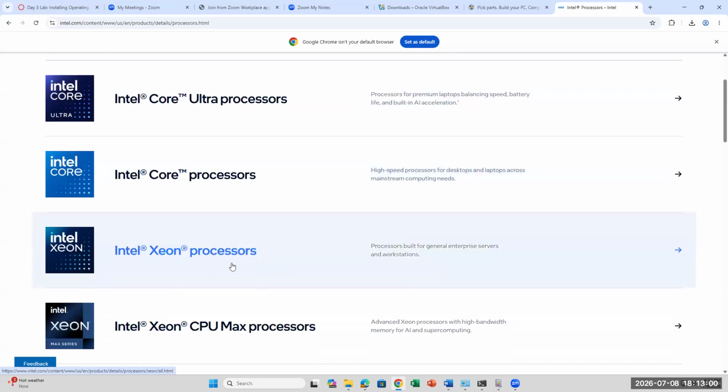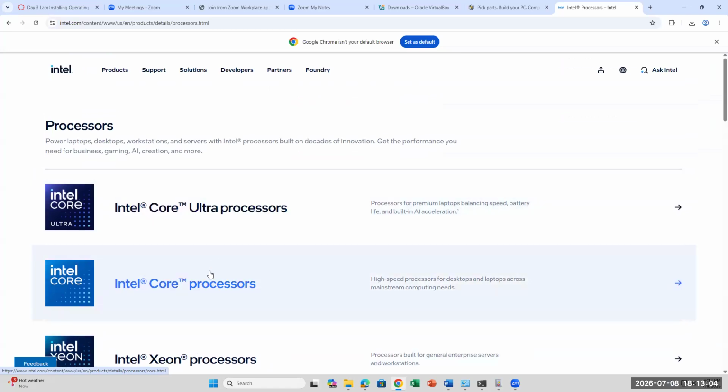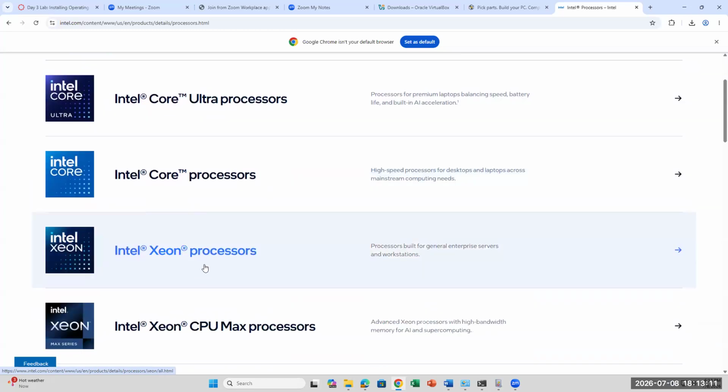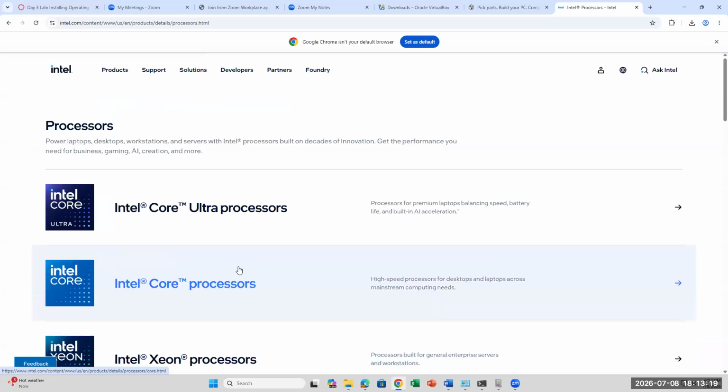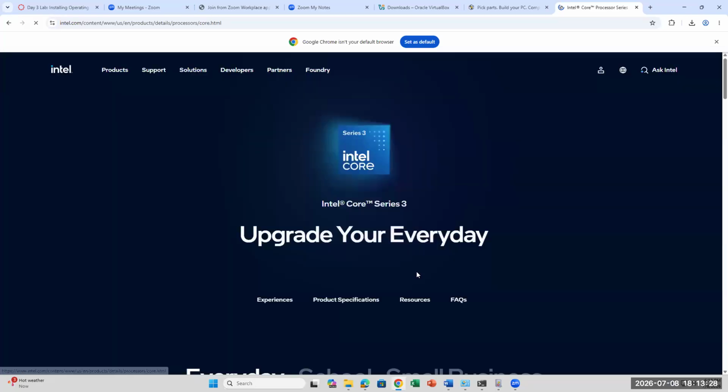If I want it for servers, I pick this one. So most of us will be picking one of these, and you can pick whichever one you want. There's no right or wrong answer. If you want the server one, sure. The whole point is for you to look into these types of processors and what they have. But your goal is to also find one that has integrated graphics, an integrated GPU. So let's say that I pick one for my desktop